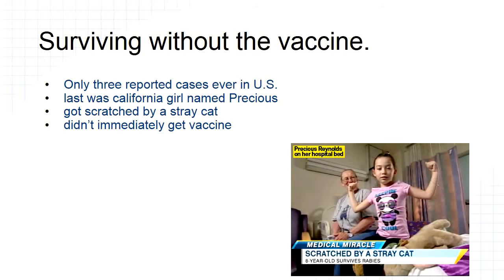And so what the doctors did is they decided to treat her with what's called the Milwaukee Protocol. This actually had worked on another teenager from the Milwaukee area a few years ago. And they gave her an antiviral medication and put her in an induced coma to allow her brain to rest. And the treatment actually worked, and she was able to leave the intensive care unit. And the way she contracted the disease, though, is extremely rare, as is her survival.